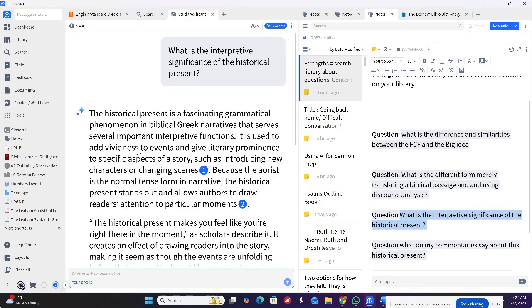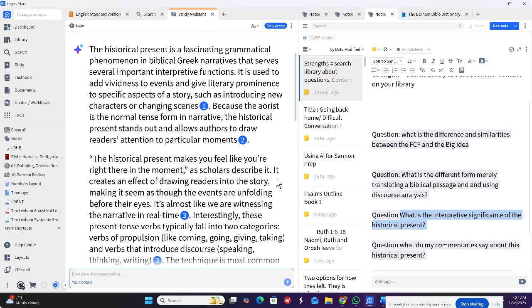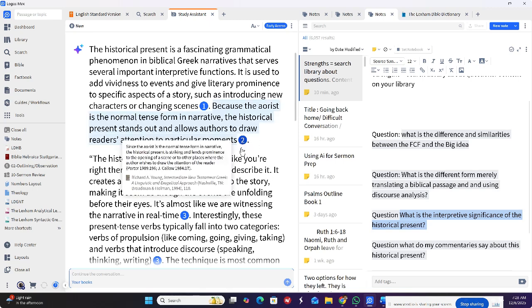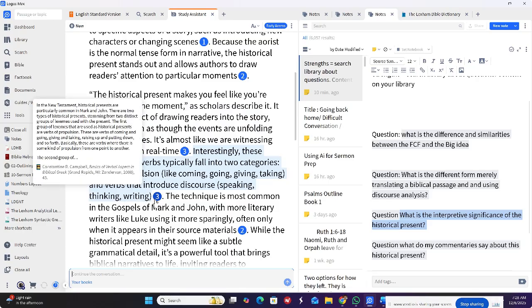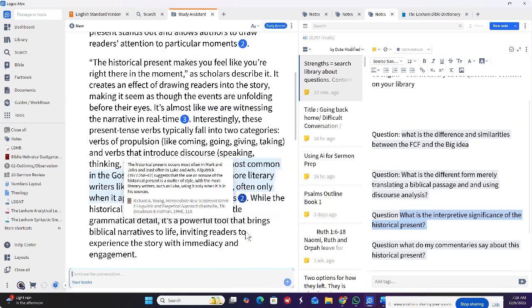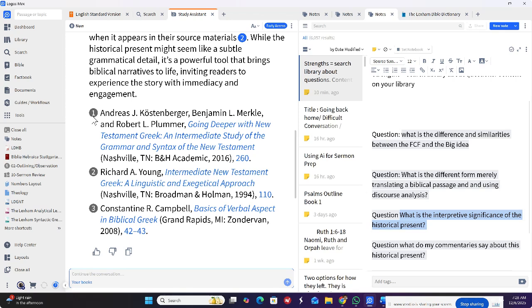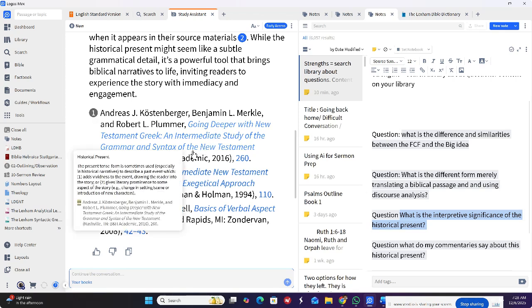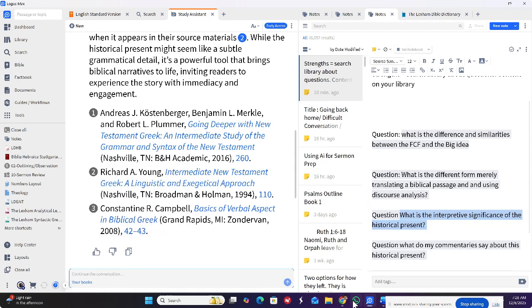And it's pulling from everything, and this gives me an explanation of what is going on syntactically, and gives the cognitive importance of it, and it's going to pull from my books. Now, what's helpful is that I have a lot of books on grammar, so I have a lot of stuff that it can pull. If I was to ask this question